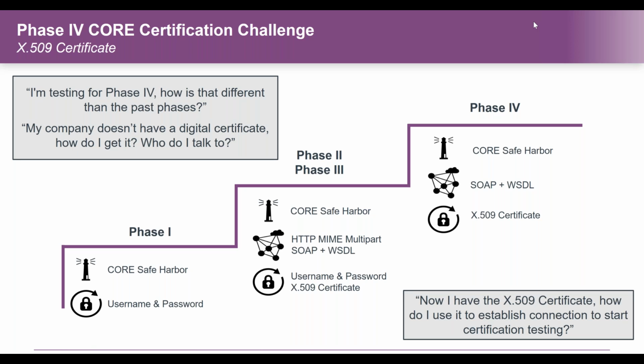So we've added in phase two and in phase three, well, we've continued that safe harbor. There's still a way to conduct the transactions for providers. They have that one way to do it. That one way still relies on the public internet. And although in phase two, there are two requirements or two ways of doing that through MIME multipart or SOAP WSDL,